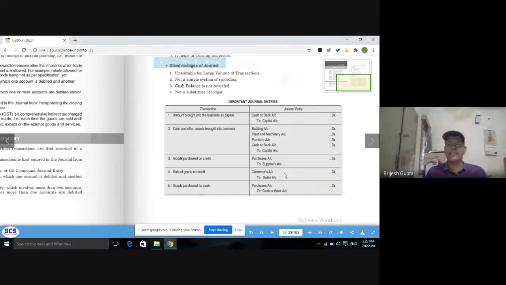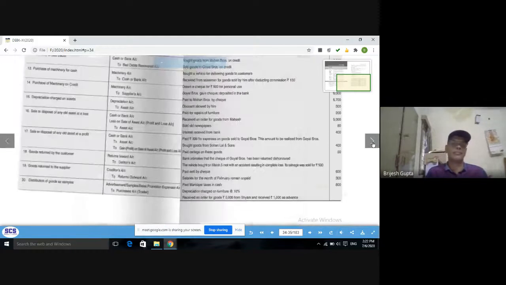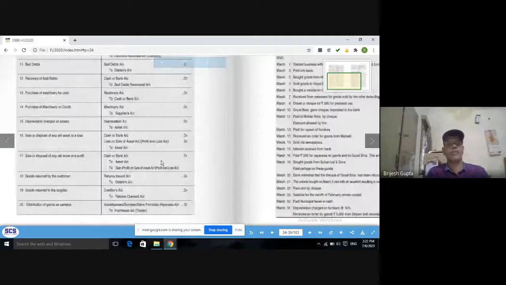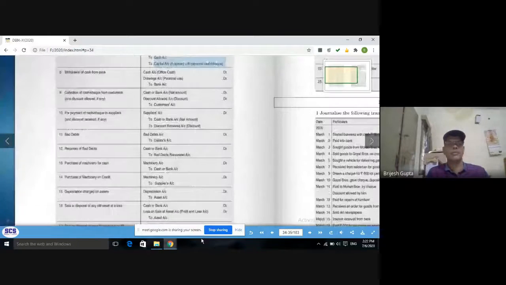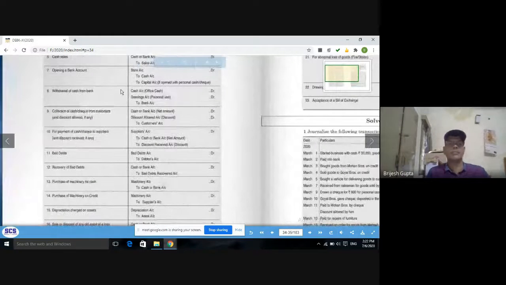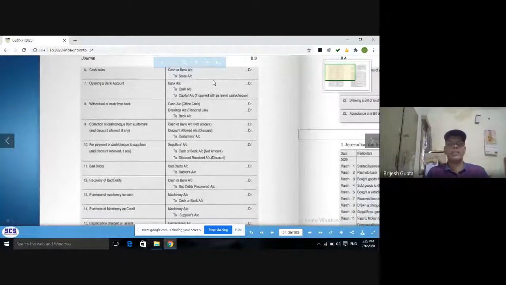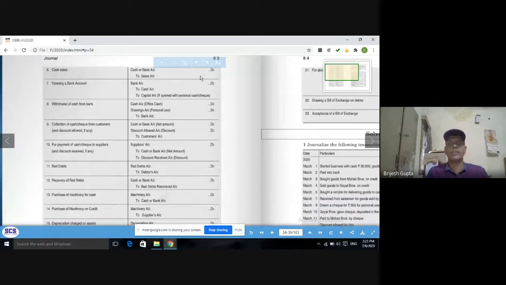And if it is a cash sale, then cash will come in the business. So cash account will be debited. Now see the cash entry. Here is the cash transaction. This is cash sales, right? Cash sales, then cash or bank account will be debited and sales account will be credited. So these two options are there. So you can write the entry for sales.